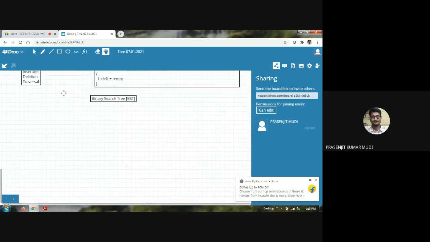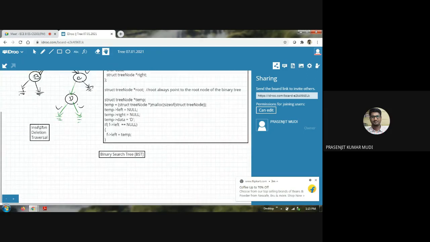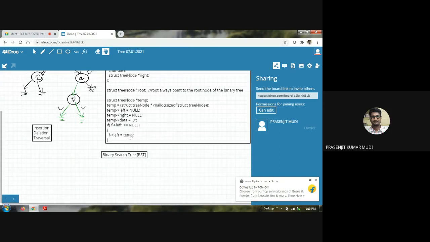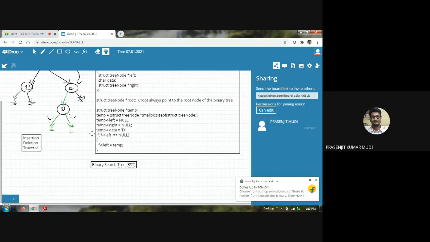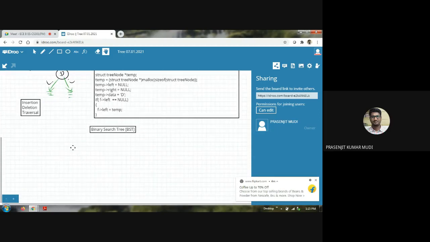I told you that whenever you want to do insertion, you need to apply the searching operation first. You need to search the node where you want to insert, the position of insertion. Searching is required in every operation, insertion, deletion. Searching is fundamental. But if searching is not done properly, if it is inefficient, then the overall algorithm of any operation will become a poor algorithm. That's why binary search tree comes into consideration. Let's understand.